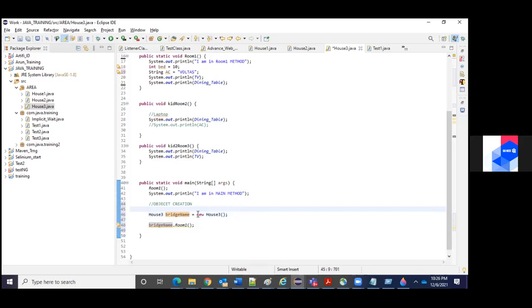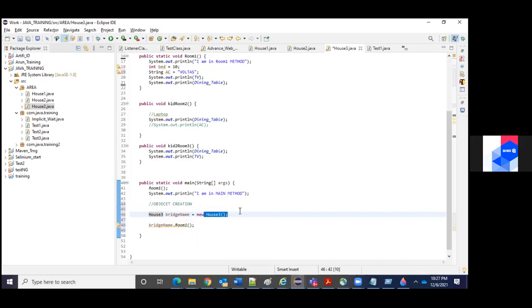So new means you are going to create some sort of allocation, some memory occupied in the heap memory. For that, the constructor of that particular class. So that's the way.